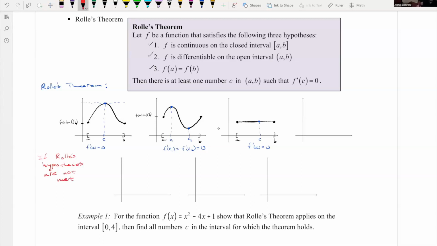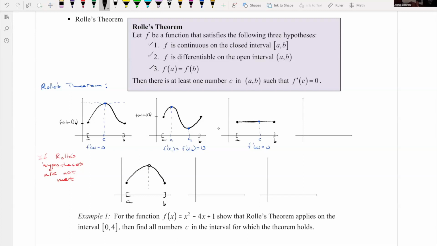Okay, so first of all, what if it's not continuous? Well, can I come up with a counterexample where there is no c such that we have a horizontal tangent line? Well, here's f of a, and f of b is the same. I could have a graph looking like this,